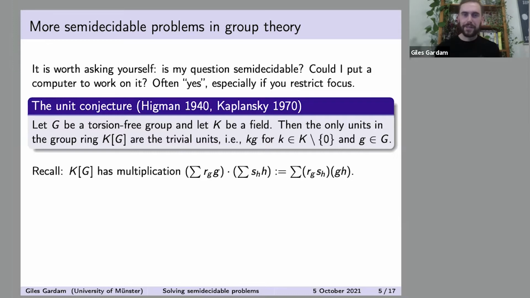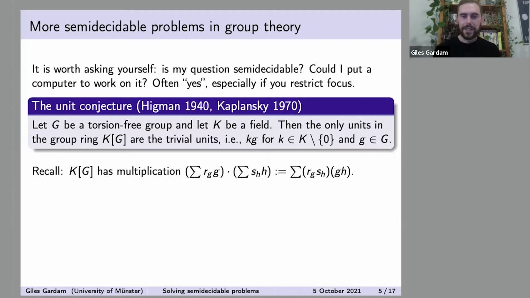But maybe it's at least semi-decidable, and maybe that's especially the case if we restrict focus. So perhaps we want to answer a question by producing a counterexample, and maybe all possible counterexamples within the rules of maths is just a bit too crazy for us to try and get our hands on. But maybe if we restrict our focus to specific types of counterexamples, then it becomes easier to try and think of how we can produce them by computation. So